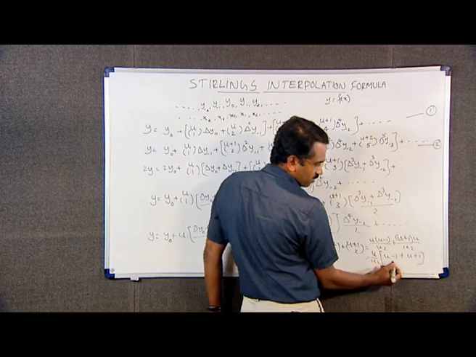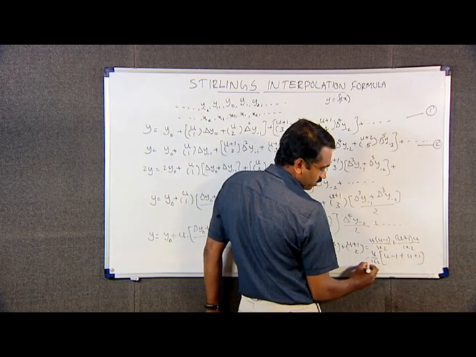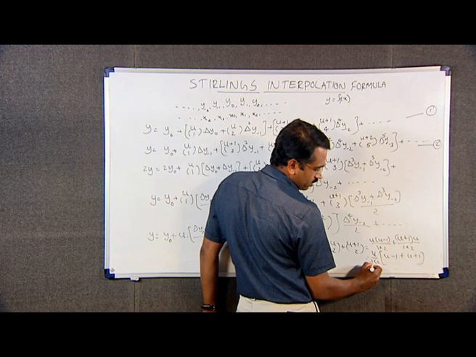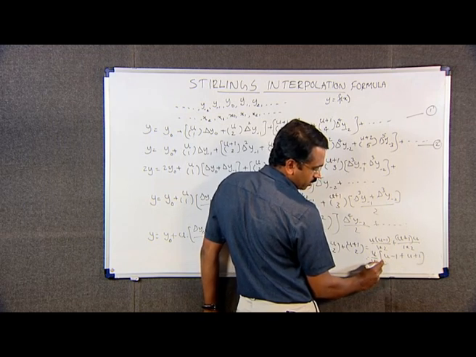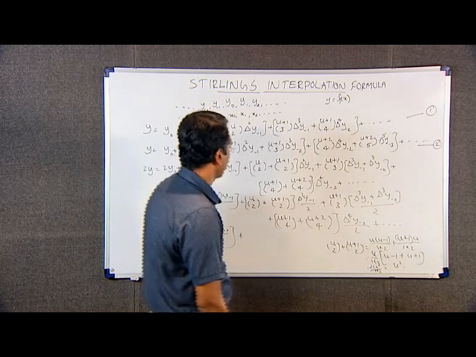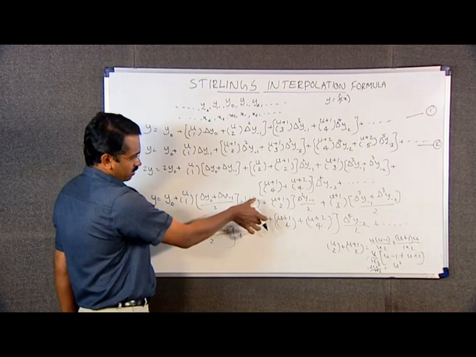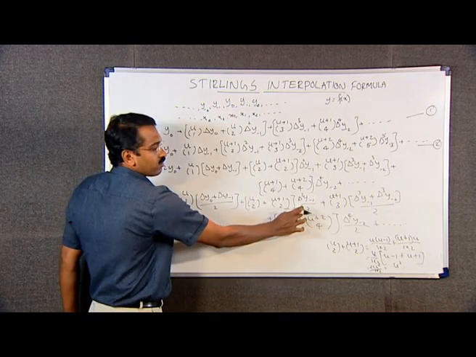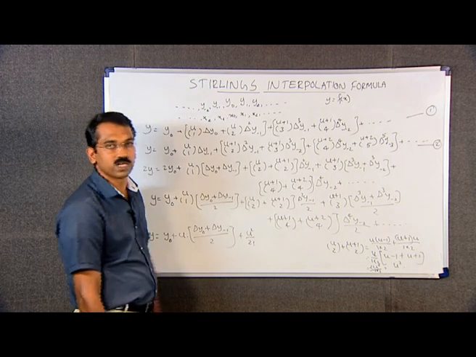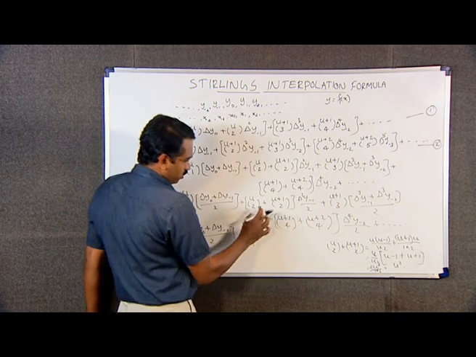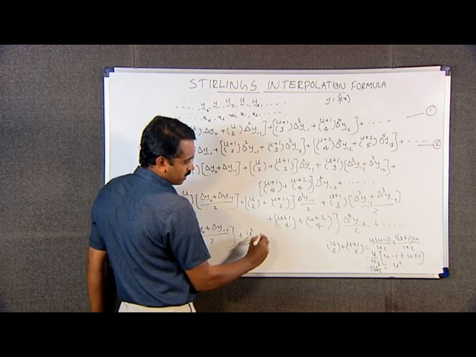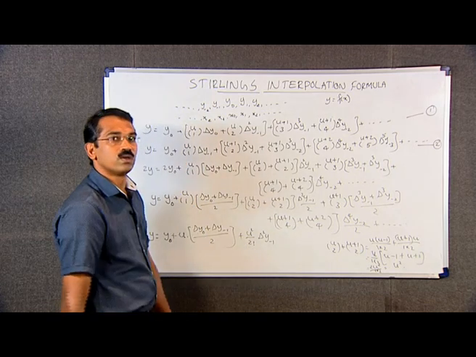That is, u plus u is 2, that is equal to u into 2u, that is 2u square divided by 1 into 2, that is u square. Therefore, we can write this sum as u square by 2 factorial, because 2 factorial is 2. Therefore, this is equal to u square by 2 factorial into delta square y minus 1 plus